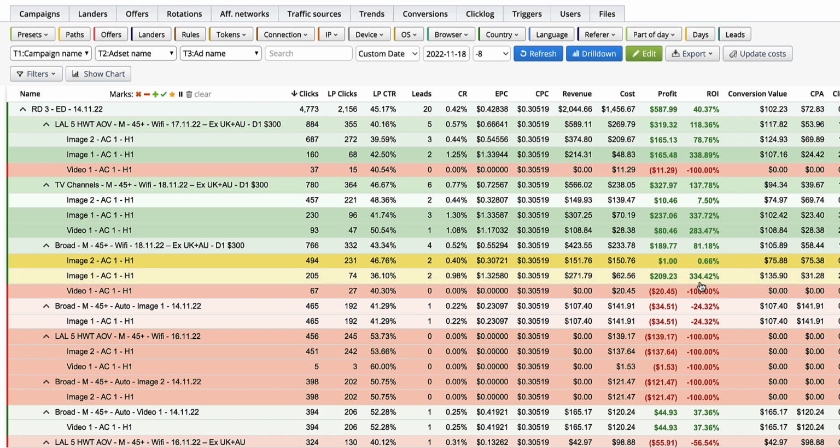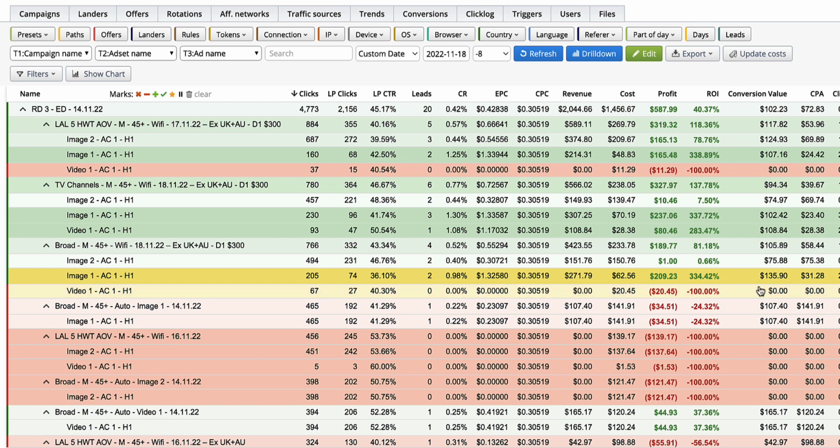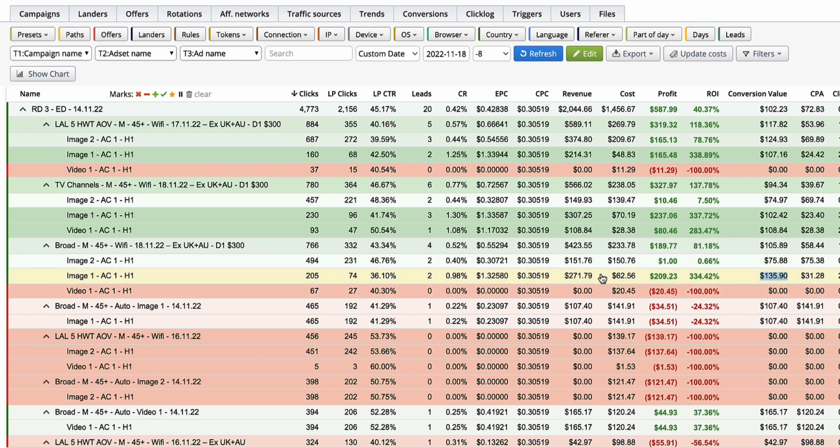But image one obviously helped this ad set with a 135 conversion value, and obviously a really high ROI. Again, we'll take that with a pinch of salt, but it's still going to be high ROI even if it's spent another $40 on top of that. Okay, so